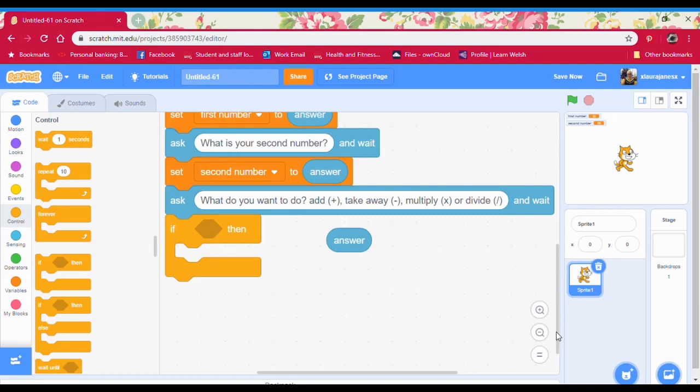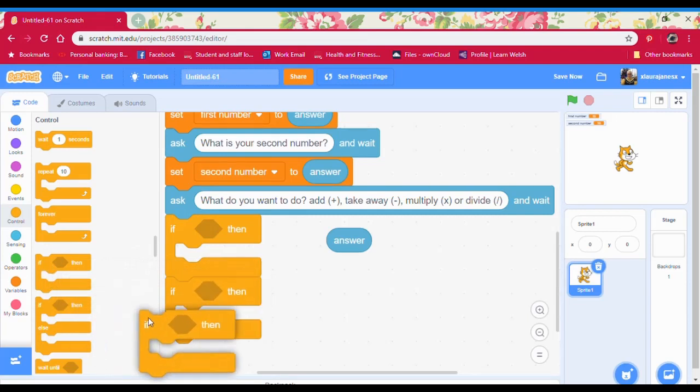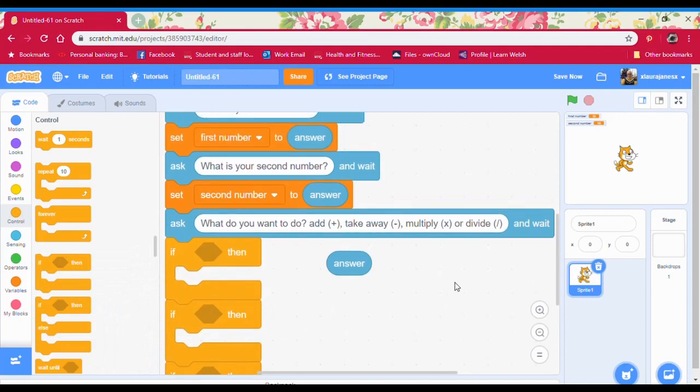If they want to take away, then I want to do the sum first number take away second number. So in all I've got to do 4 sums, 1, 2, 3, 4. So I actually want to get 4 ifs, and each if is just going to go straight underneath,